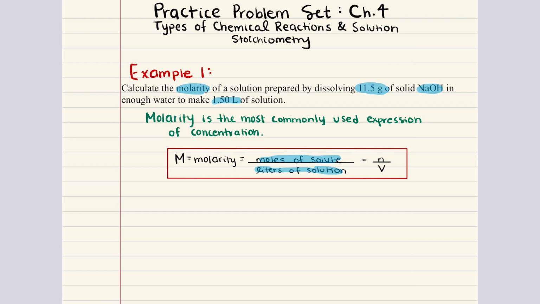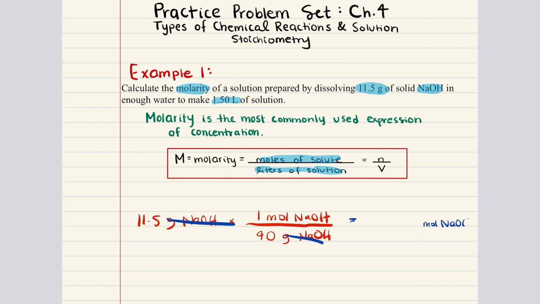But that's okay because we can easily convert it to moles using molar mass. So let's go ahead and do that. 11.5 grams of sodium hydroxide. We want to use molar mass to convert this to moles of sodium hydroxide. Molar mass of sodium hydroxide is 40 grams per mole. So we're going to write that down. What we notice is that grams of sodium hydroxide cancel out. We're going to get our final answer in moles of sodium hydroxide. Plug this into a calculator. We're going to get